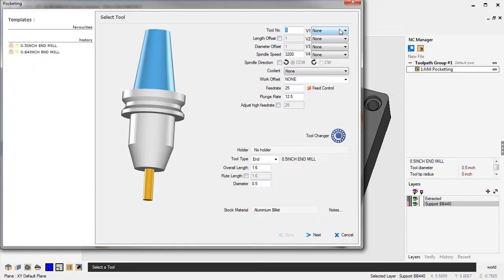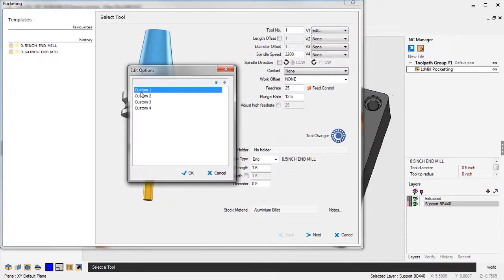So I'm going to left click where it says none, and you'll notice that there's four options that we can put in there for this. We only need to use two of these options, and to edit these options so they make sense, we're going to come down and select Edit. All right, so for this option here, which is simply called Custom 1, I'm just going to left click inside there, and I'm going to type in Chip